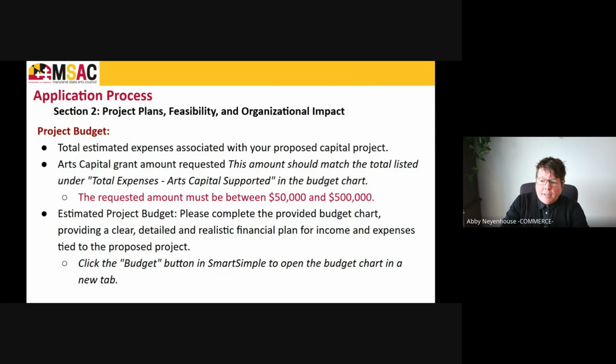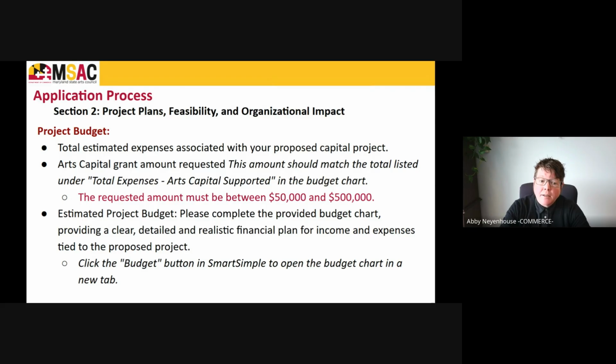So when we look at the project budget, this is going to be the next section after your timeline. This will be both a narrative and another chart to fill out. The first question we will ask is your total estimated expenses associated with your proposed capital project. That would be all costs that you would need to complete your project.